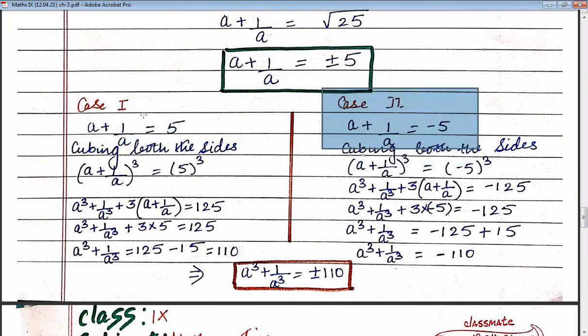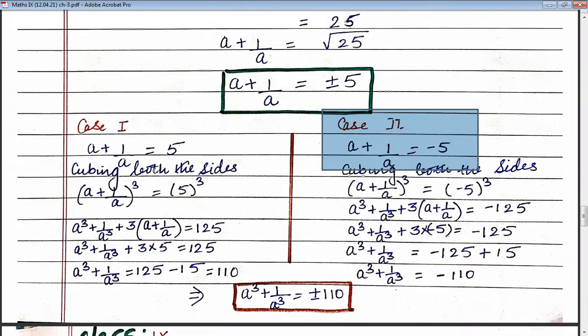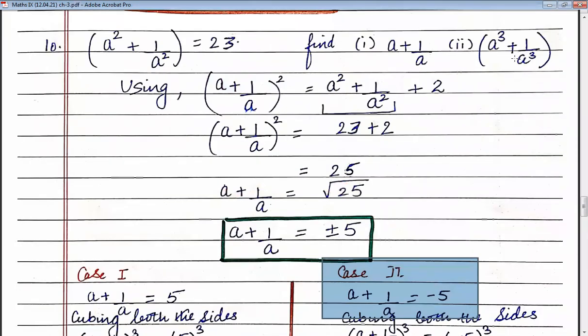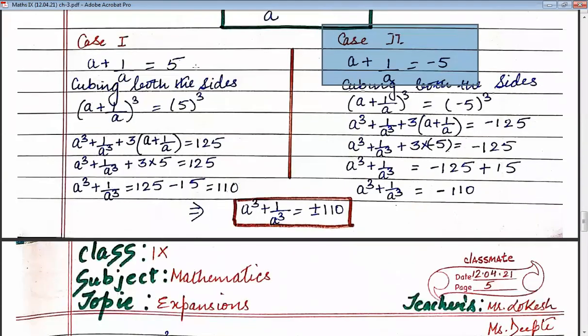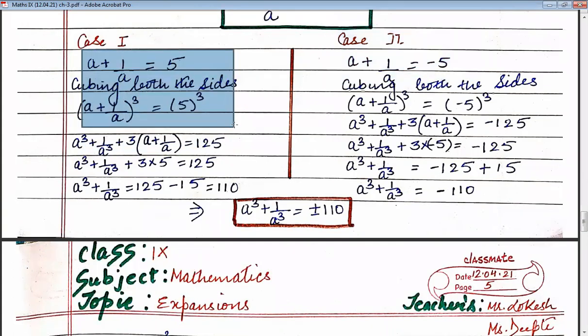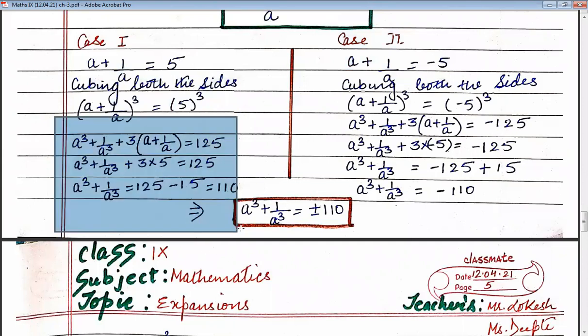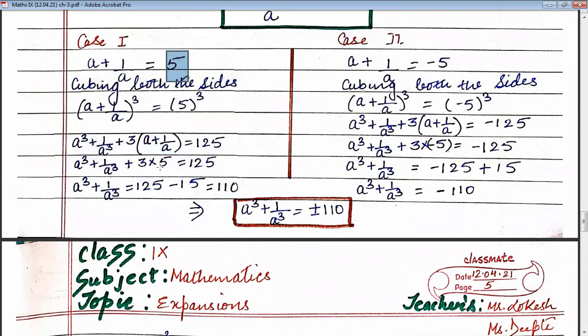Now children, we have to find the second thing also, that is a cube plus 1 upon a cube. So now children, here we are going to use the formula a plus 1 upon a whole cube. So now just cubing both the sides, you will get a cube plus 1 upon a cube plus 3 times a plus 1 upon a. Okay, now already a plus 1 upon a we know that is 5. This 5 is given. So you will substitute your value here, and after simplification your answer is